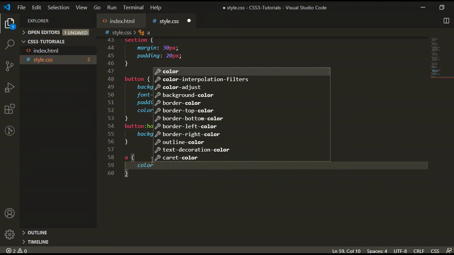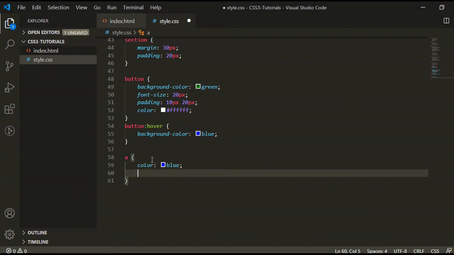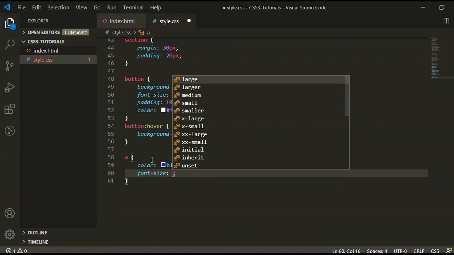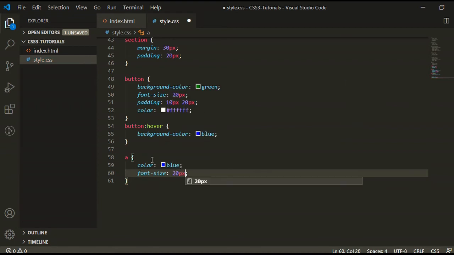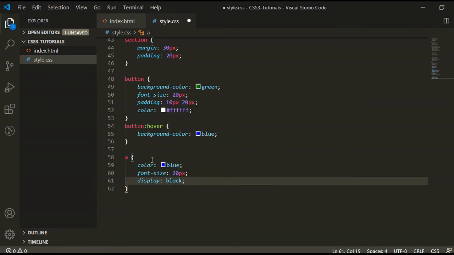Now I am giving the color, it's blue. Font size 20 pixel and display block. So anchor will start from the new line.